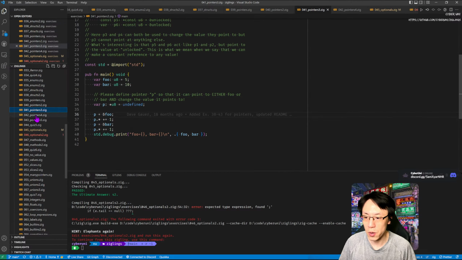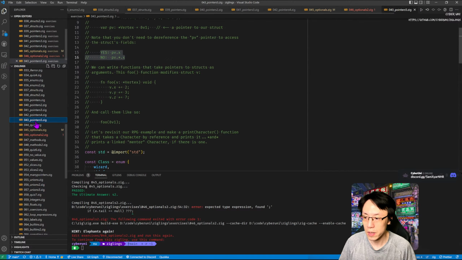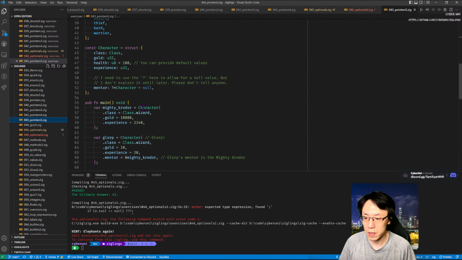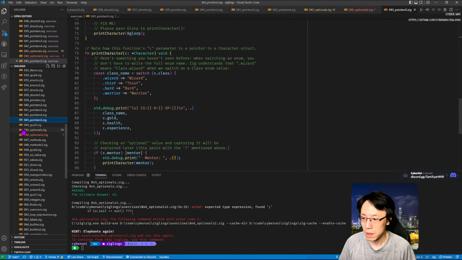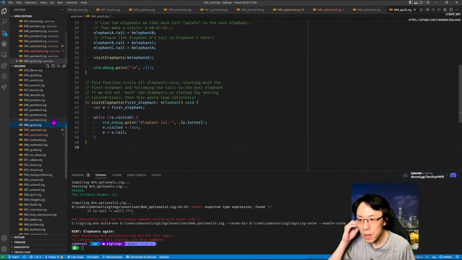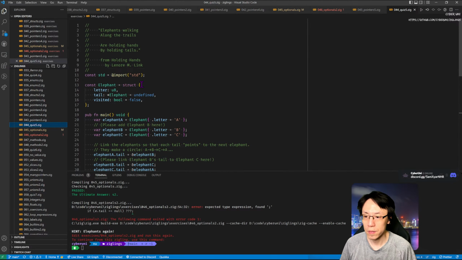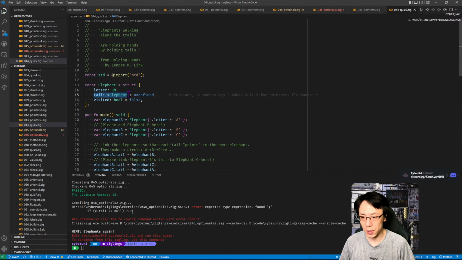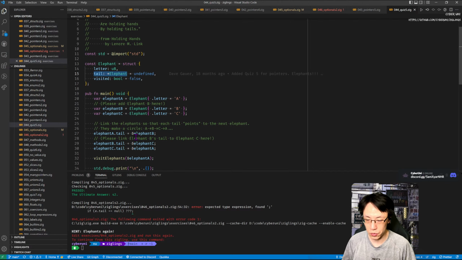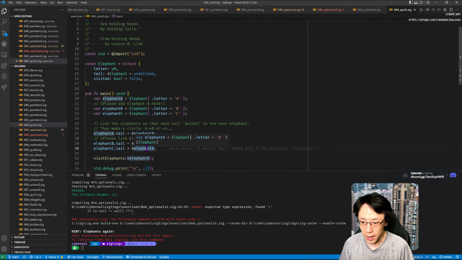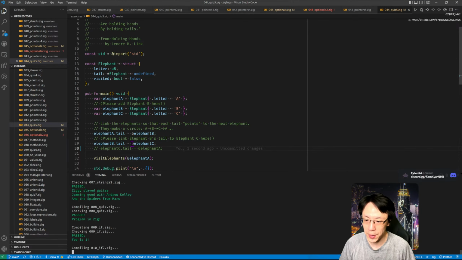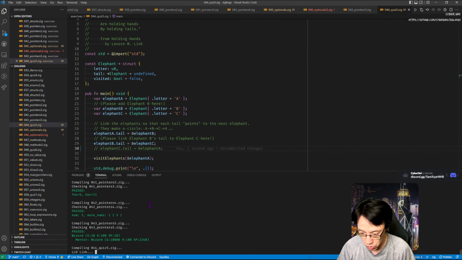Let's go back to that example, see if we can find it. Oh, it's in the pointer. I think it's over here. Where is it? Oh, here. Right here. So this is not an optional type, it's just a pointer, so we have to initialize it, I guess. Actually, we can give that a try. So if we comment these lines out,